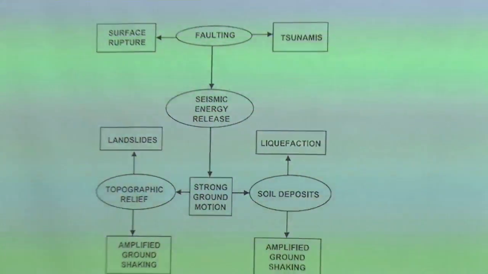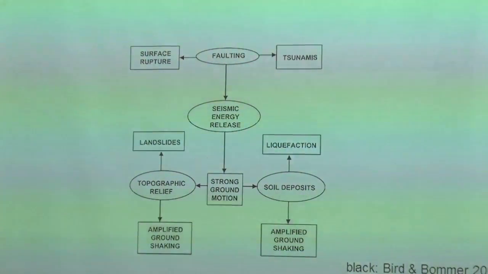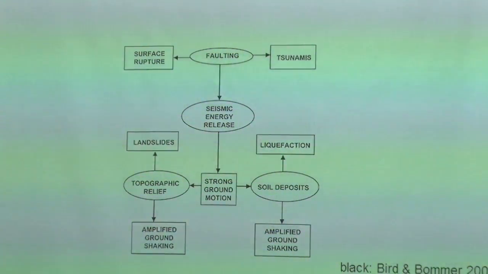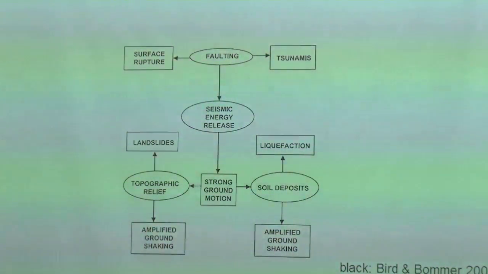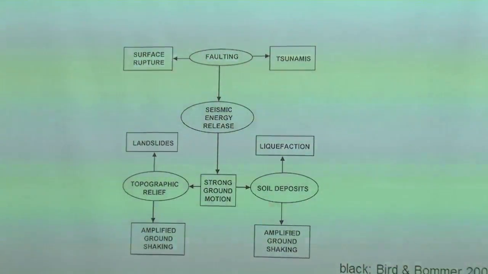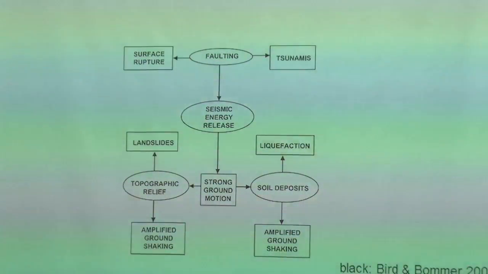I've got a Multihazards project which looks at how hazards combine. And we started off with the earthquake scenario, and so here you've got seismic energy release, strong ground motion, and what happens to the stuff in between the energy being released and the surface. So what happens to all of that geomorphology in between? The soil deposits which liquefy, and the amplified ground shaking that you get through those waterlogged soil deposits. That's our Holocene progradational plain. The steep stuff like riverbanks, the sides of the estuary, the marine cliffs around Red Cliffs area that topple over.